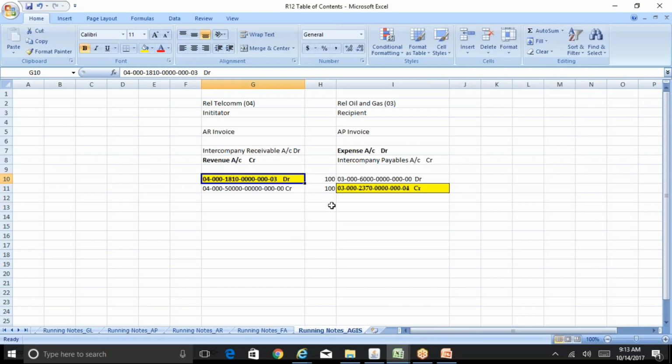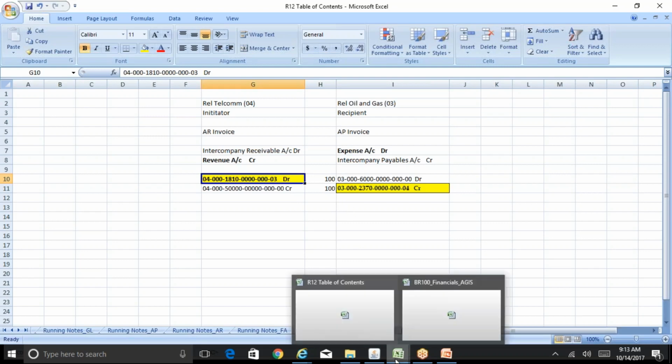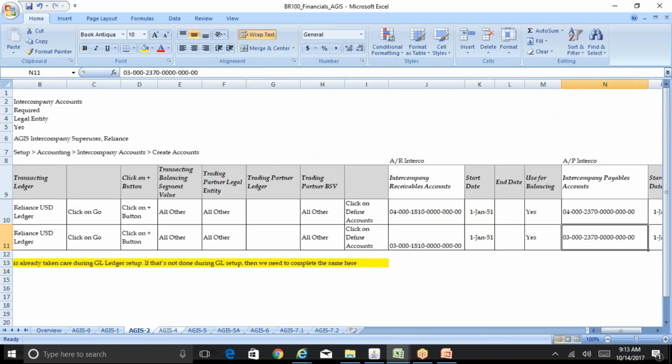Okay, so now we will try to get into a few more setups, and once that is done, we will create an AGIS transaction. And once you create an AGIS transaction, this is the accounting entry which will be generated in the background. Okay, so we are done with the